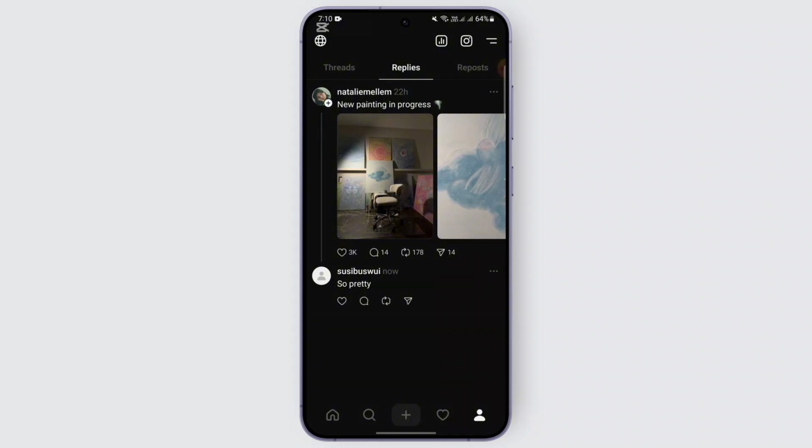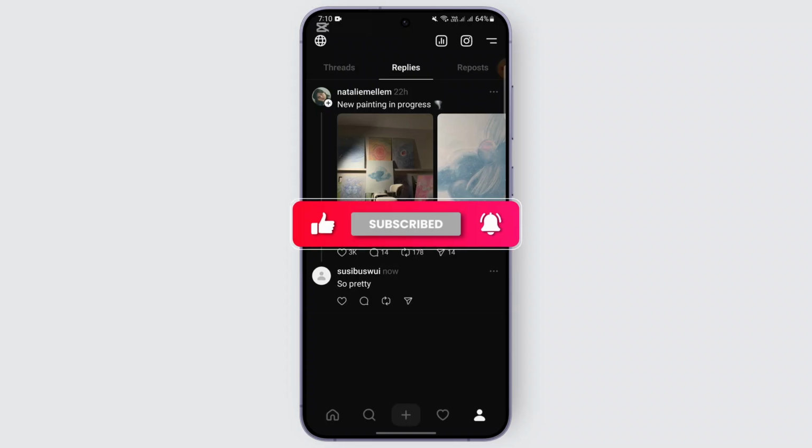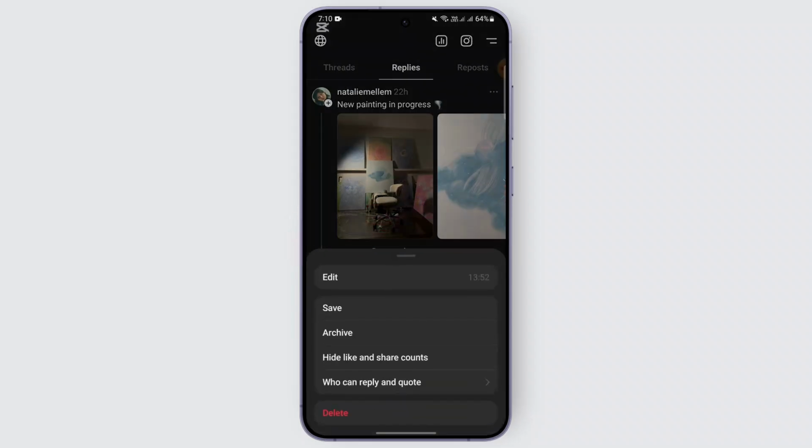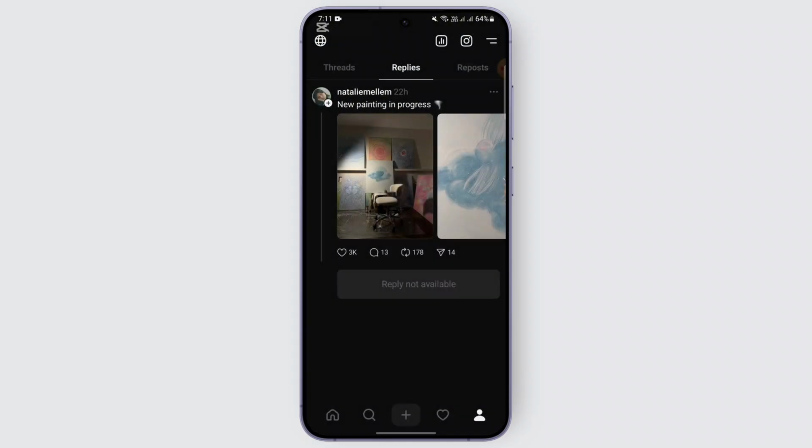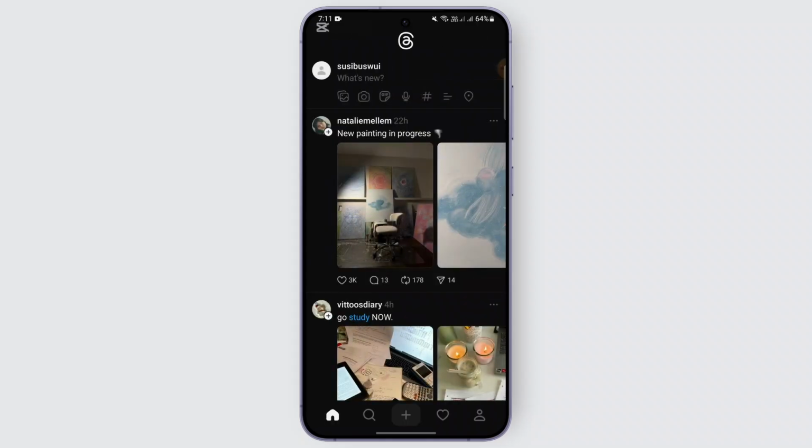So in order to delete the comment, you will be finding all of the comments here. So you're just gonna get here. After that, tap on the three dot and you can find the delete option here. Just tap on delete, confirm the delete, and that particular comment should be deleted from that particular post very easily. So therefore, you may also follow the same process in order to delete the